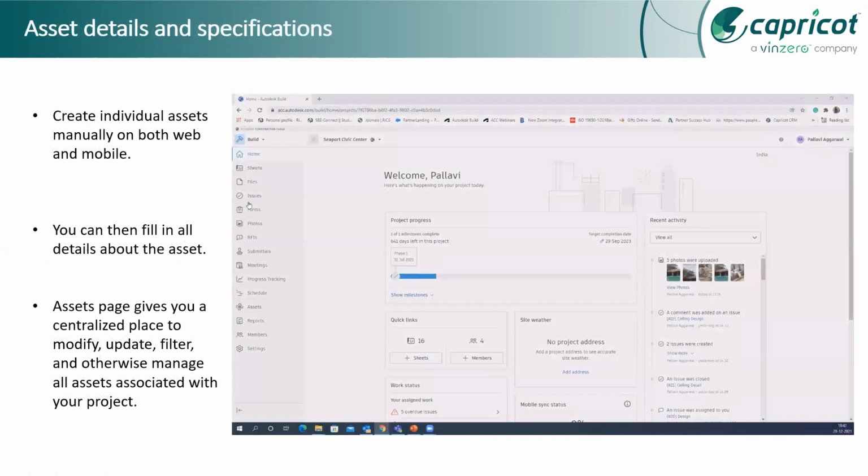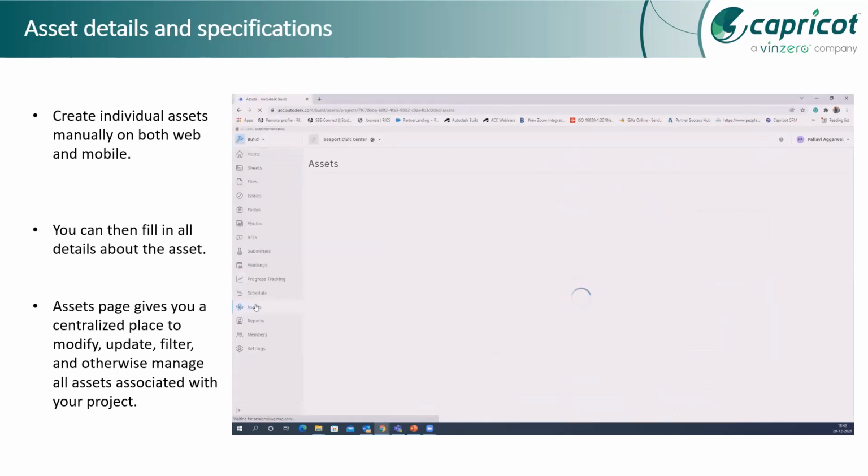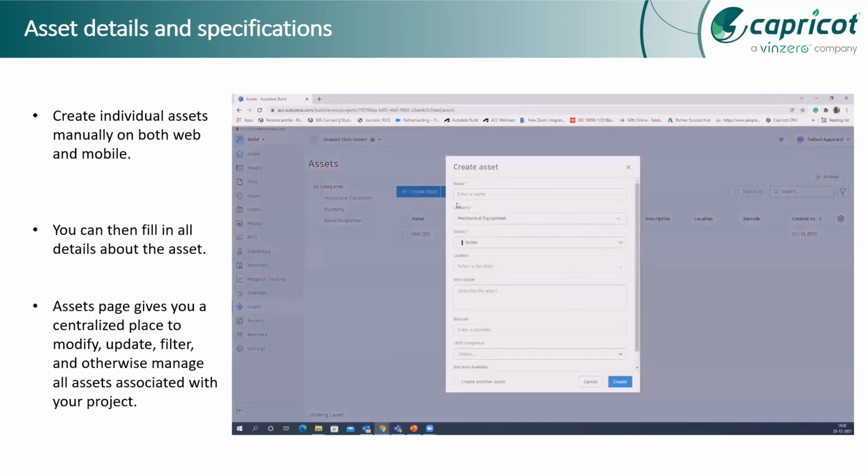After creating the categories and the stages, we can start adding the asset details and specifications. We can just go to the asset list and add our assets, as we were discussing, the AHU units, the ductworks. All these can be added, with the description and specifications of all the assets, and you can even attach the barcode.